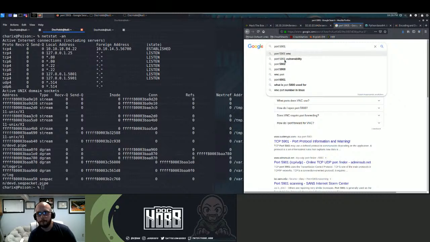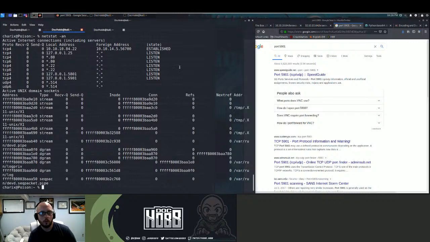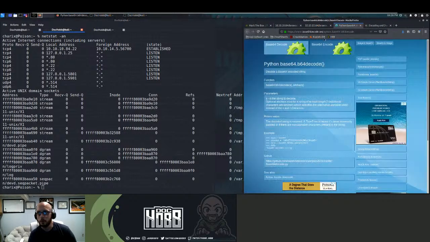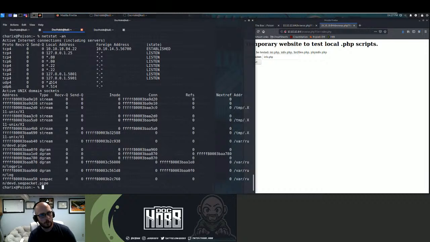All right, well, that's VNC listening locally. 5801 is probably the same. So I won't be able to access that from my machine.